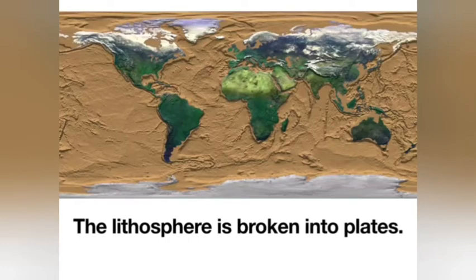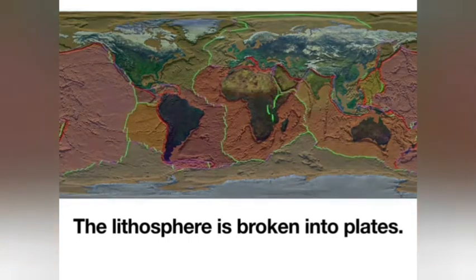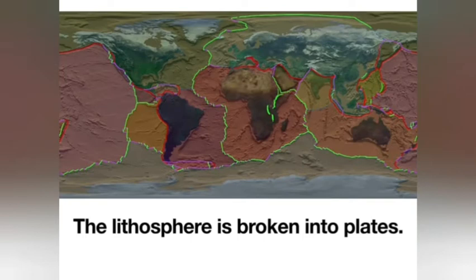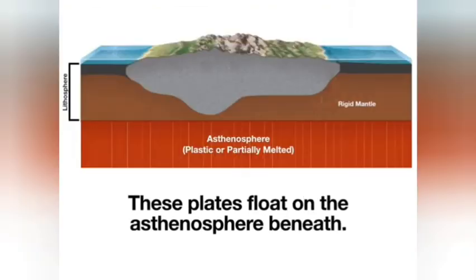It's actually broken into pieces that we call plates. You see them here. You can call them lithospheric plates, you can call them tectonic plates, or simply plates. But this is the solid outer part of the Earth that we live on. Some of the plates are all oceanic crust, some of them are all continental, and some are a combination of the two. That's going to become important. Keep in mind that we do have these two distinct types of crust.